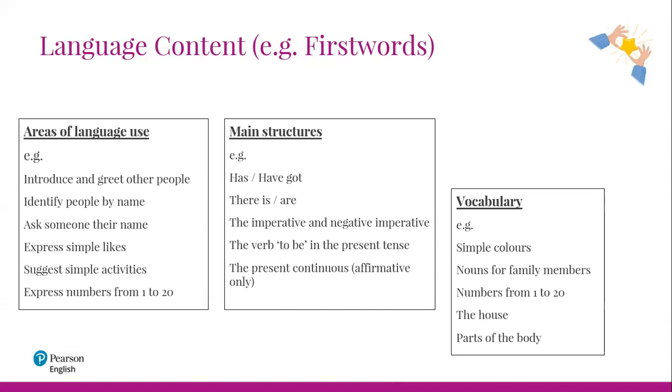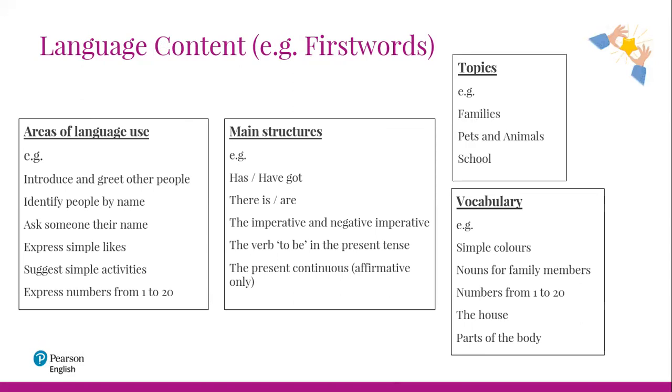Some areas of vocabulary, as you can see, for example, for first words, that will be simple colors, nouns for family members, numbers from 1 to 20, and so on, so forth. And the last part of this document is the topics that are discussed, that we expect the test takers to be able to, for example, talk about if we are talking about the oral test. So that's another document that you need, apart from the descriptors, apart from the criteria for assessment, sorry,